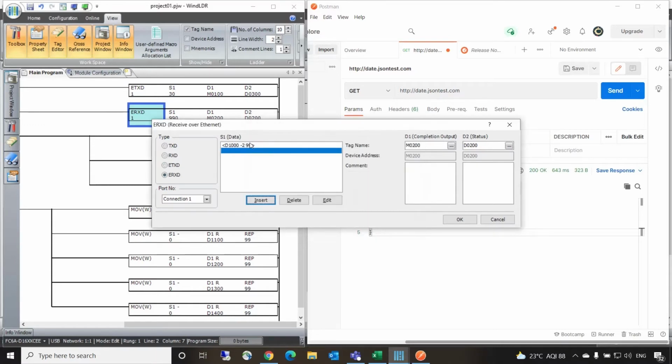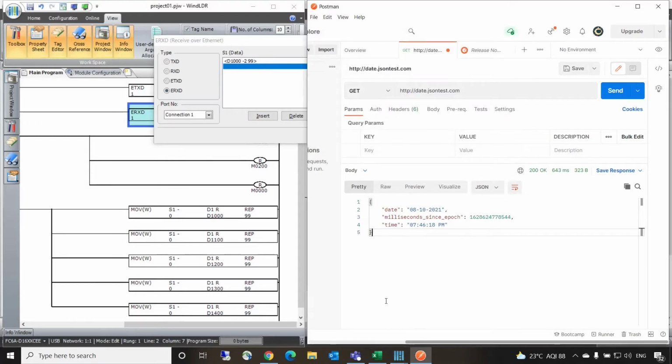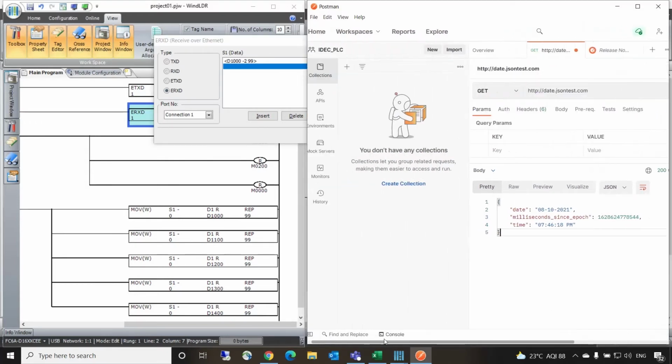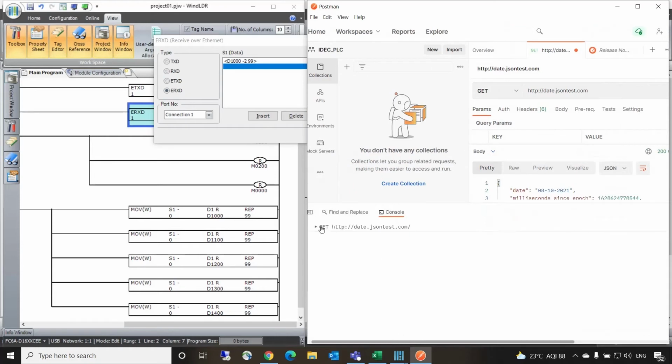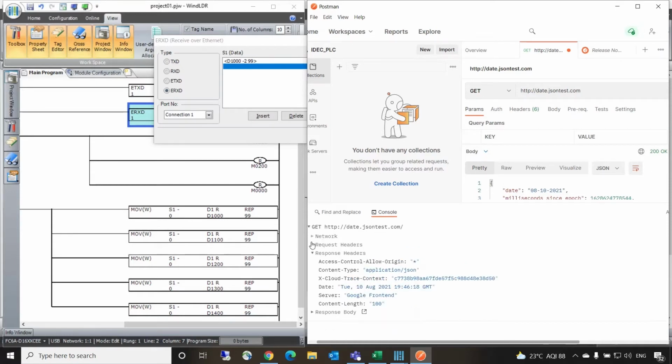Likewise, we have to go with the amount of data which you are receiving. So if you want to check how much data we are going to receive, just click on the Postman once again. Go to the console to check what amount of data we have received. So this is where we are getting the proper results. In this, we have sent the request. This is not required. The response we have received has these specific headers as well as the body.